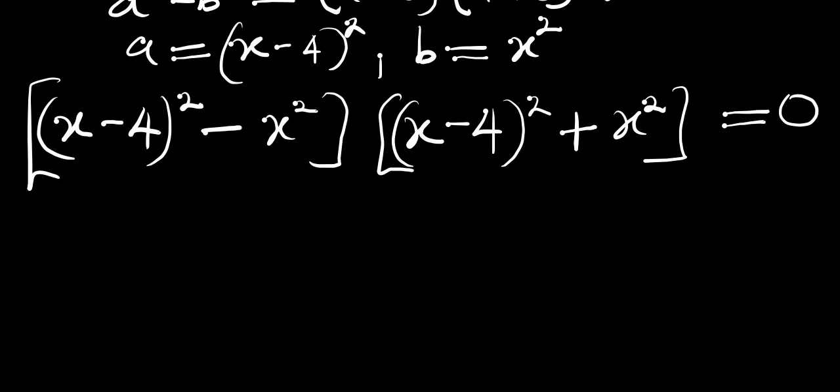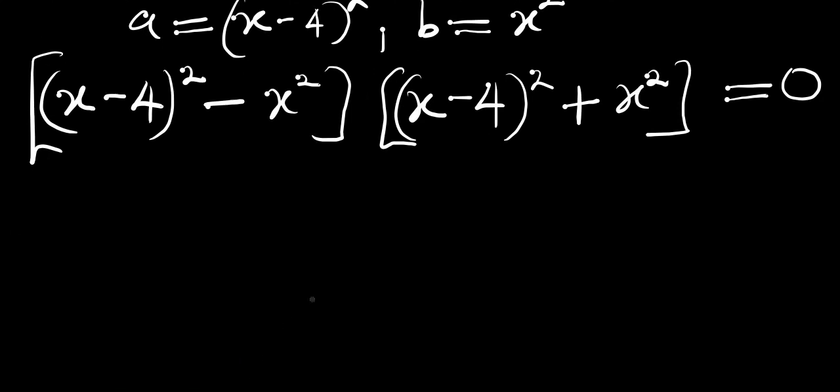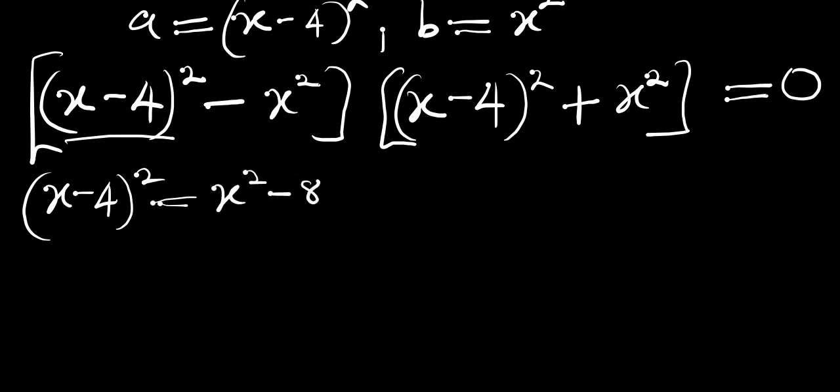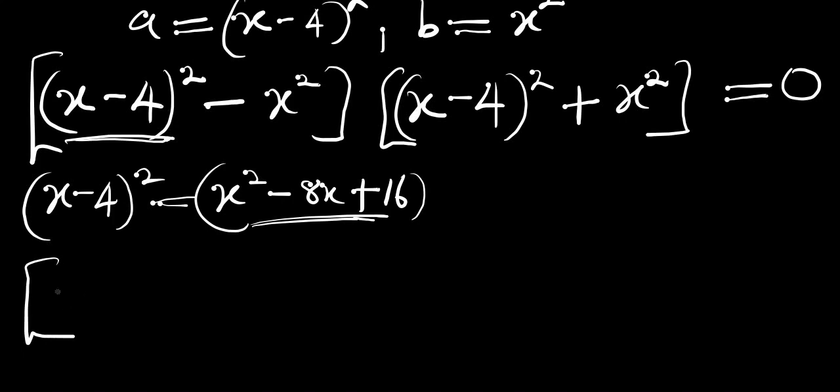This is getting interesting. What next are we going to do? Let's expand this bracket. (x - 4)^2 is simply equal to x^2 - 8x + 16. So we are going to replace (x - 4)^2 with this. Okay, so we have our bracket again. We are going to have x^2 - 8x + 16